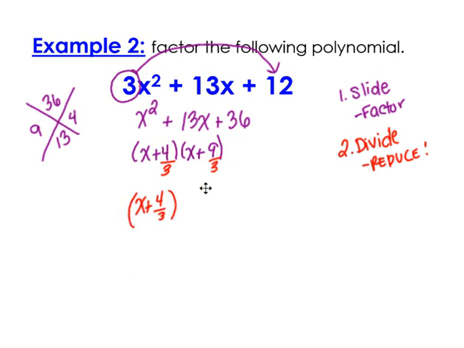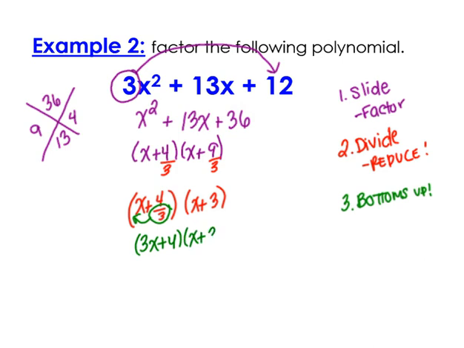X plus 9 divided by 3. Well, 9 divided by 3 is 3. So that one did reduce. Last step, you can't leave it in a fraction, so the last step is going to be bottoms up. Which means if I have this denominator here, it's just going to stick out front. So it becomes 3x plus 4